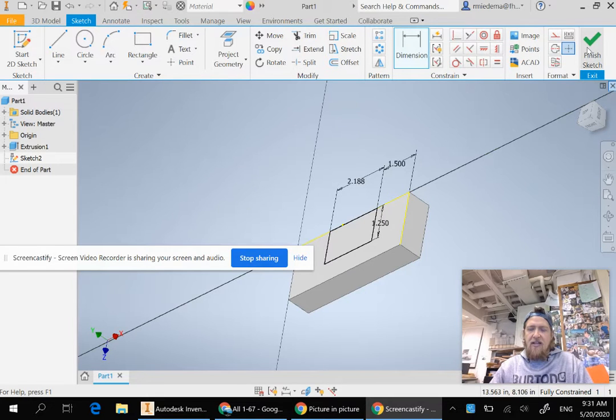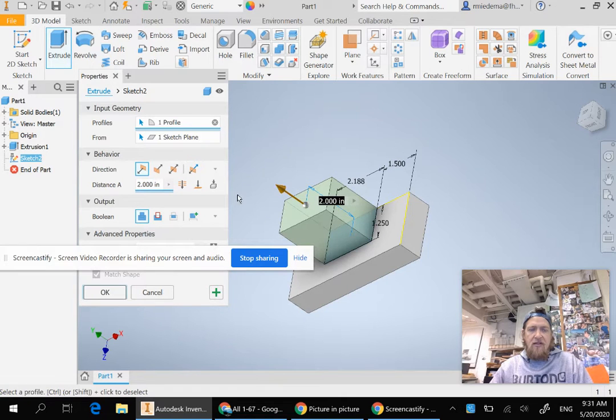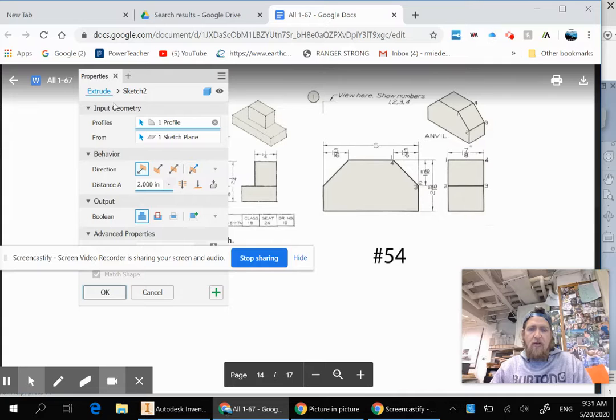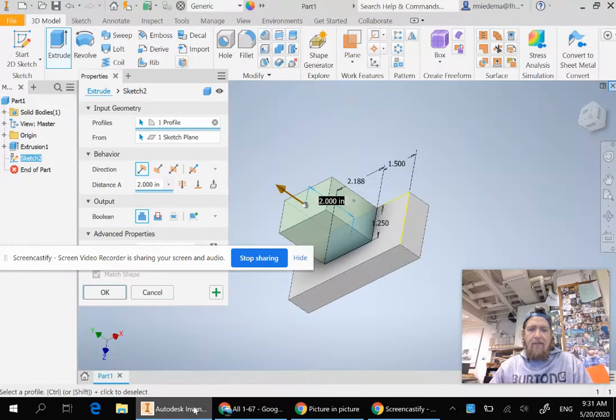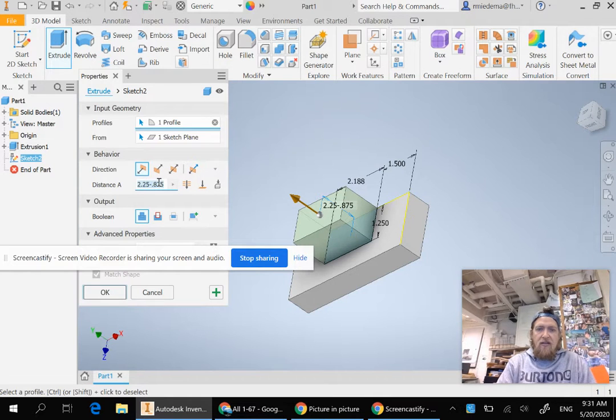So I'm going to finish the sketch, hit the green check, go to Extrude, and pick that surface. And now I need a total of 2 1/4. All right. And I've already got 7/8 up, so I need to subtract 7/8 from 2 1/4. So I can do the math here a minute. Right down here, 2.25 minus 0.875, which is the decimal equivalent. And that will give me